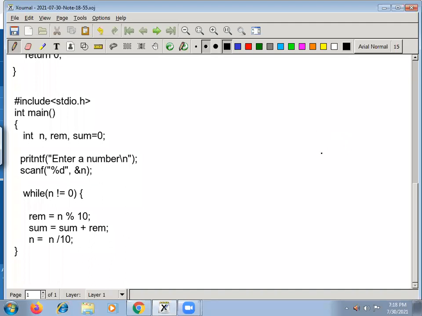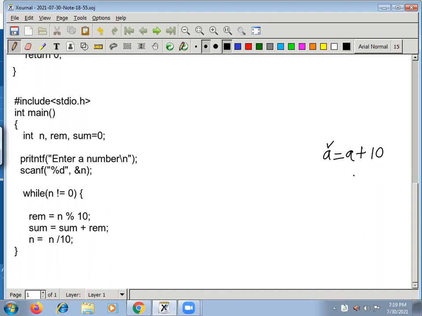Whenever we have a statement of this kind, a is equal to a plus 10, that means the left hand side variable and the right hand side first variable are the same.